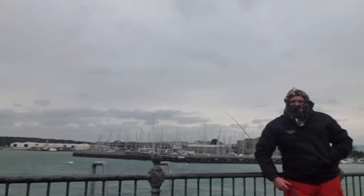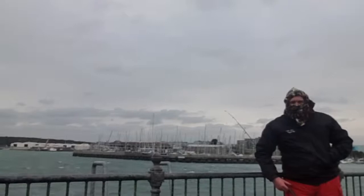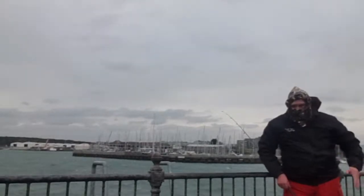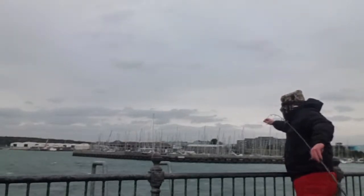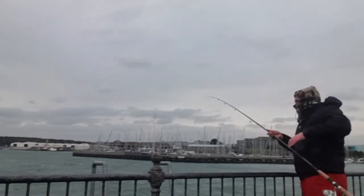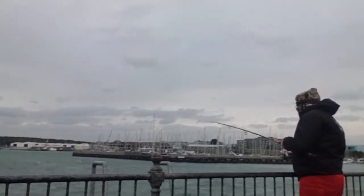Ooh-wee, guys, it is blowing some, I'll tell you. It is blowing some. Oh gosh. Right, let's get some feeling back. Let's rock and roll. Let's see what we can do. It might be unfishable, but if that's the case,